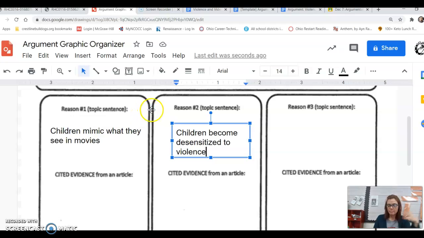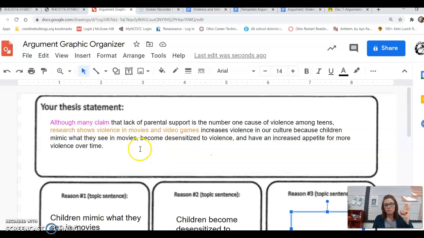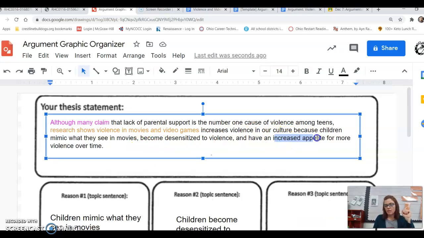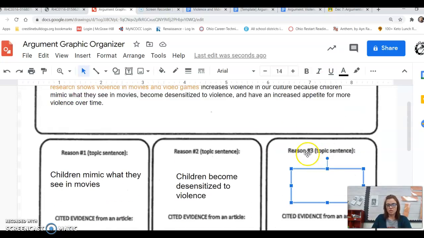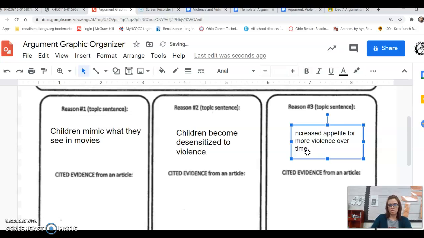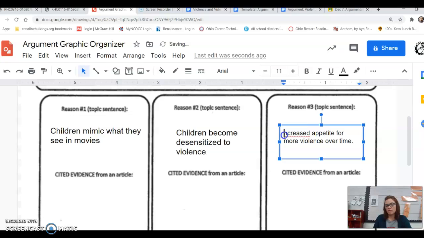I'm going to go back in and make them pretty little sentences later on. But for right now, I'm just doing my 3 reasons. An increased appetite for more over time. Oh my gosh, I just hit Control-C because I'm like a wizard. Okay. And again, I don't have full sentences.